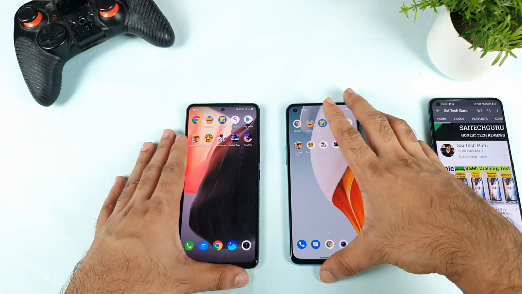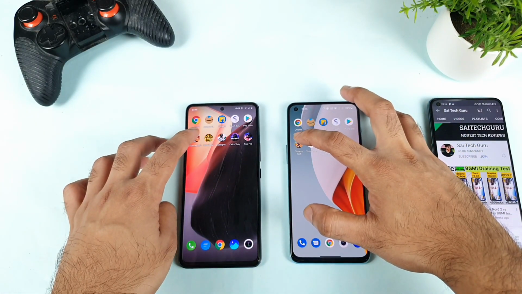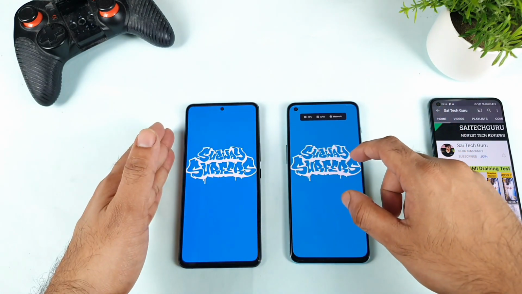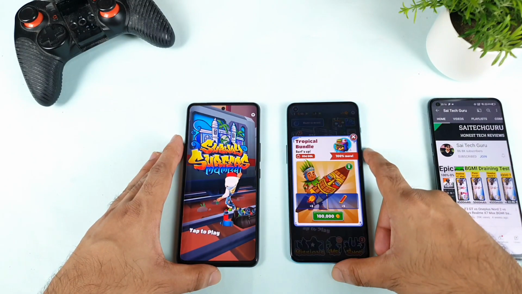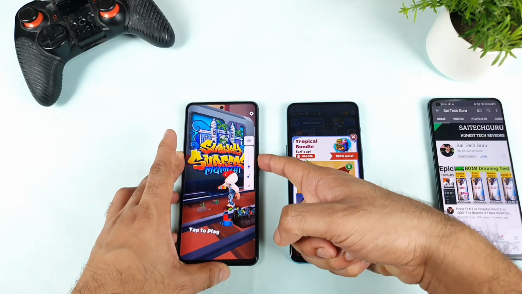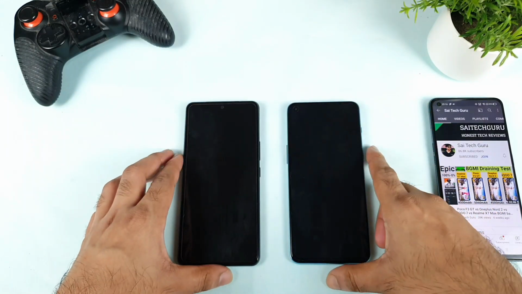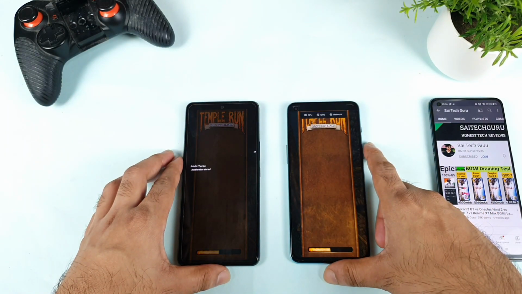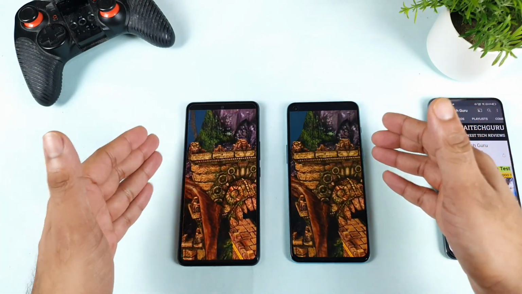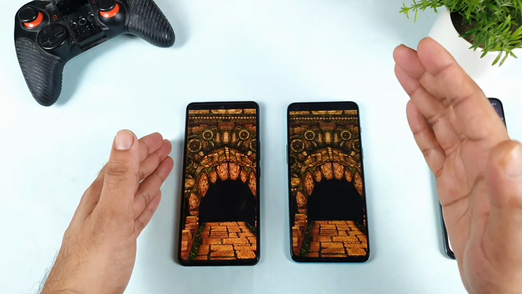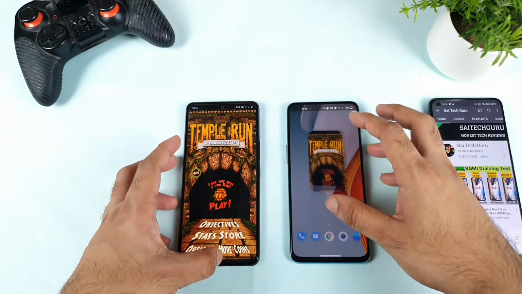That's fantastic. Now let's see the gaming. Let's see, friends, which phone will be able to open these games faster. As I said, I did use the Ultra Game mode, the high performance mode and the game space as well. The first phone to turn on is the iQOO 7 device, a little bit faster. And next is Temple Run. Right now I think both phones are slightly faster. Snapdragon 870 and the Dimensity 1200, both are 8GB RAM variants completely.